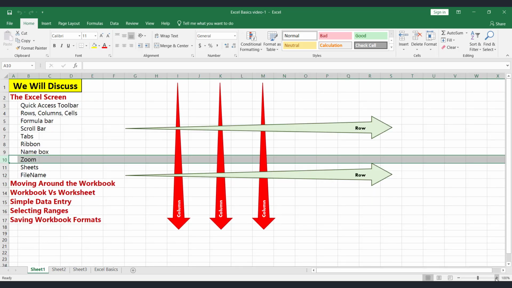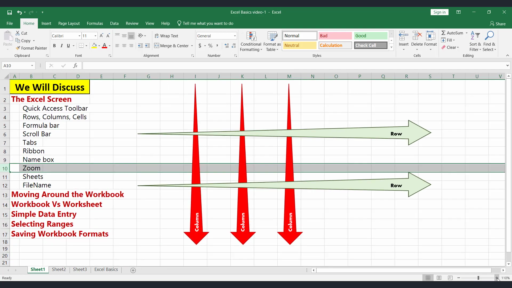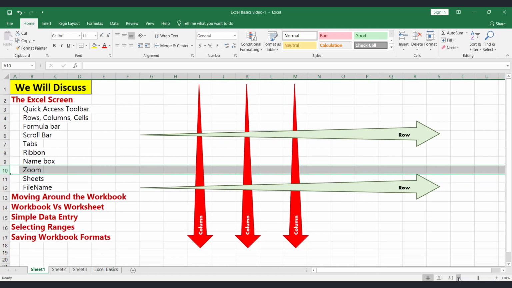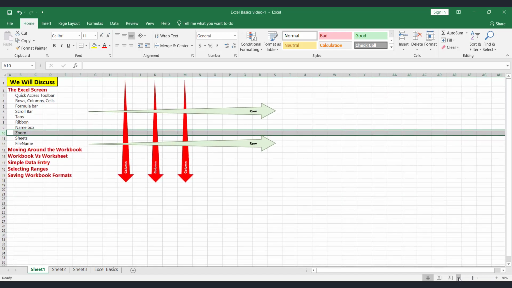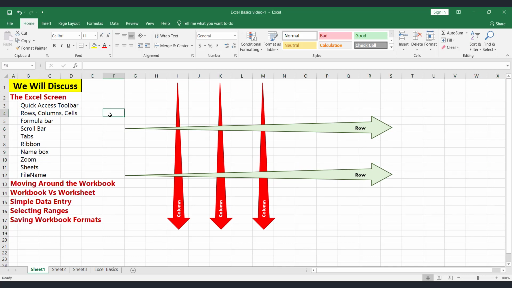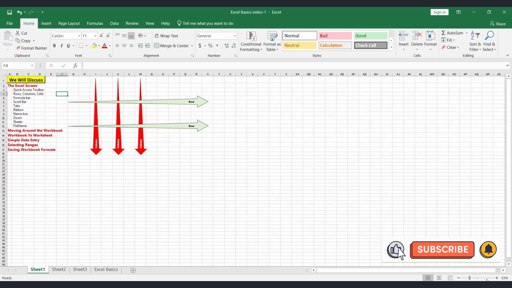At the bottom here, we see a scroll bar. This is the screen zoom scroll bar. If we click on the plus sign, the size of the cells increases, and if we click on the minus sign, the size of the cells reduces. But make sure you know that the tabs and the menu bars don't actually minimize or maximize, they remain the same. We are just seeing a zoomed in or zoomed out view of the cells using this